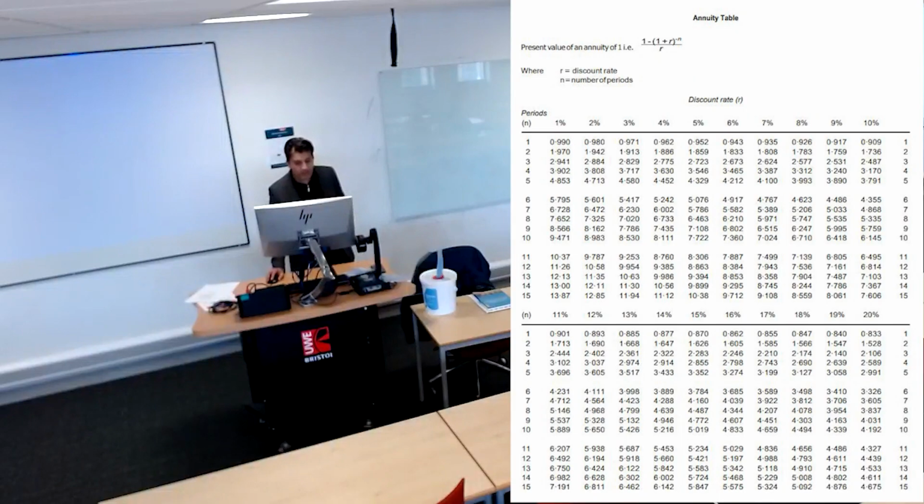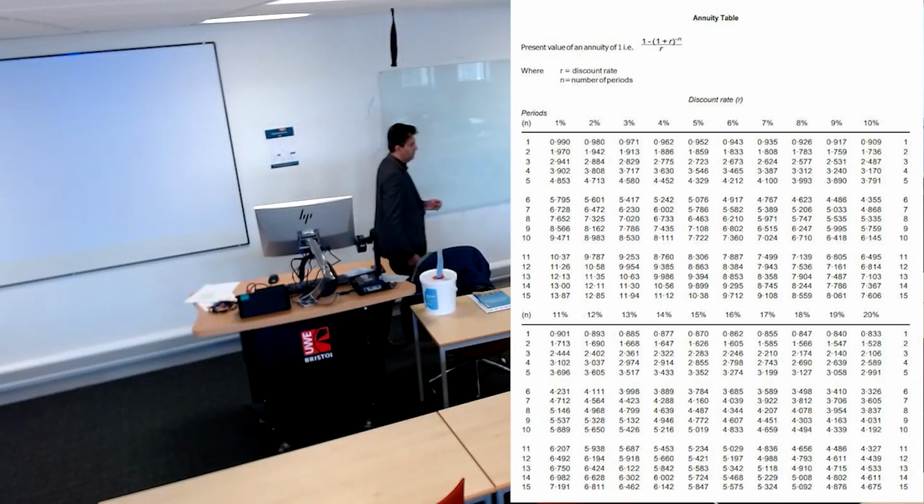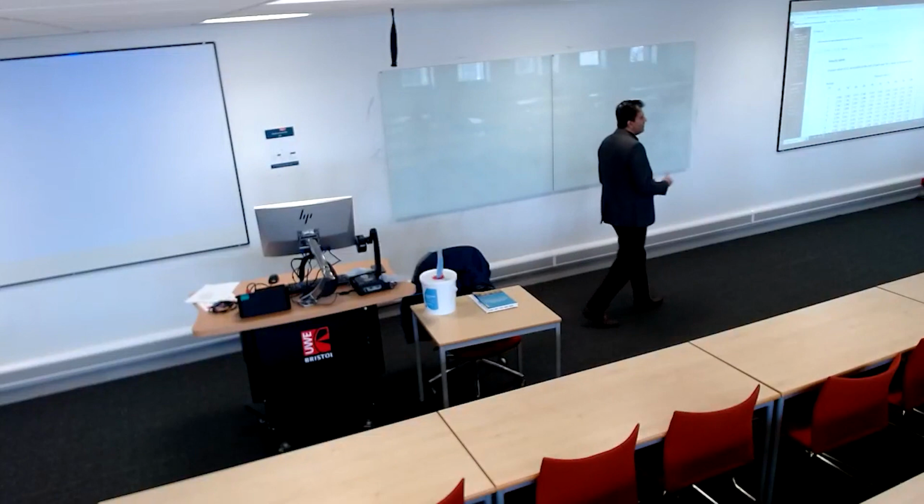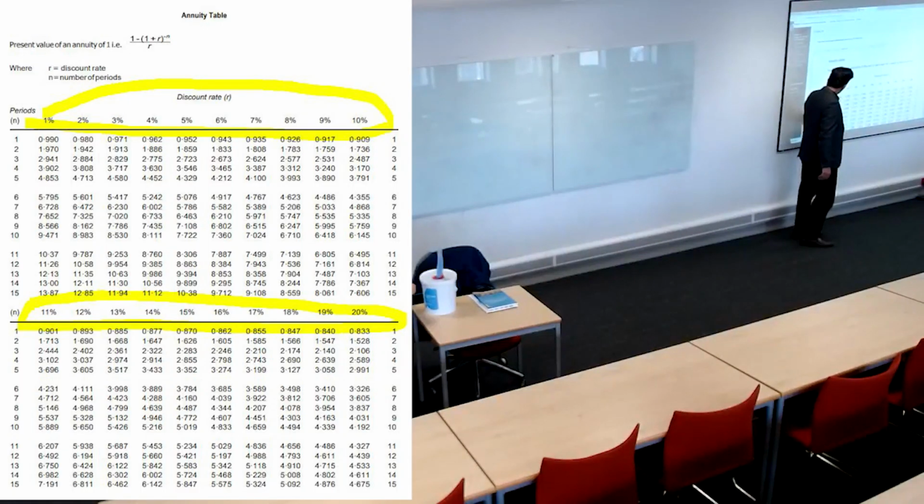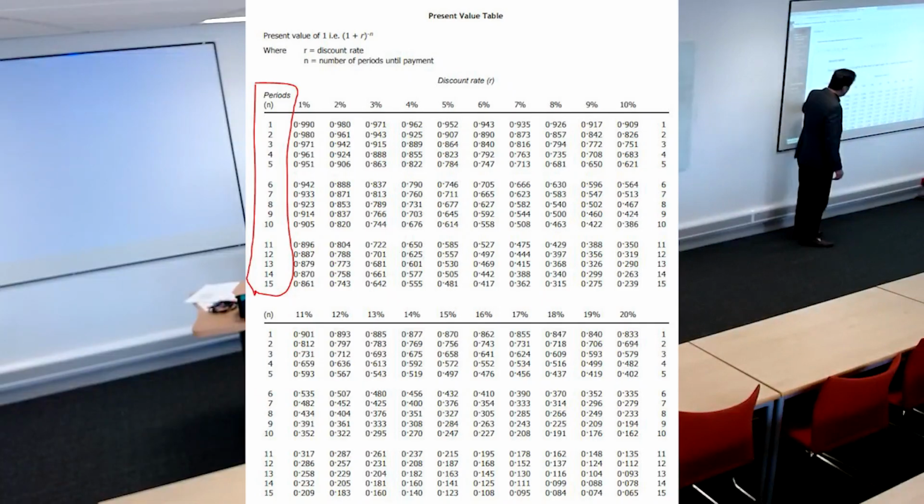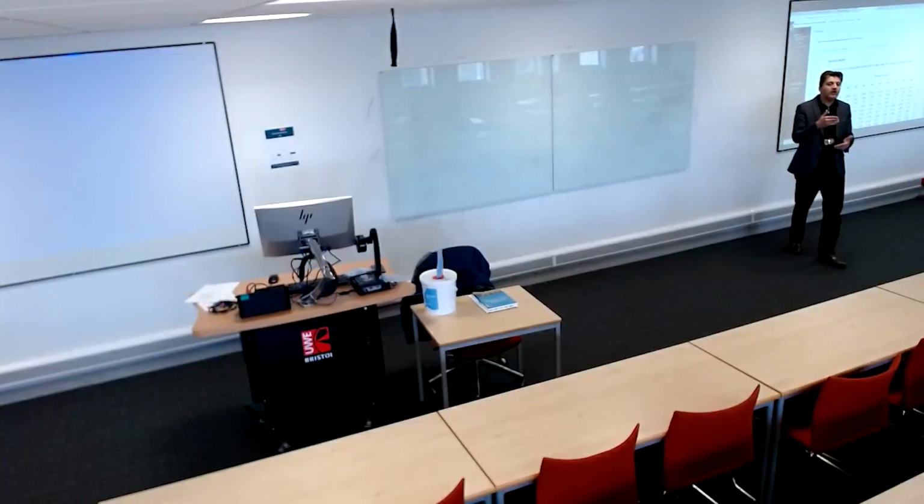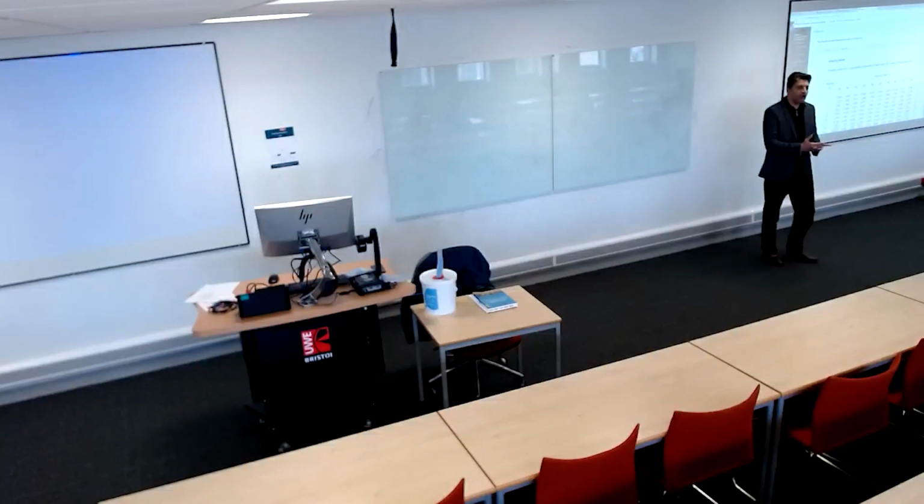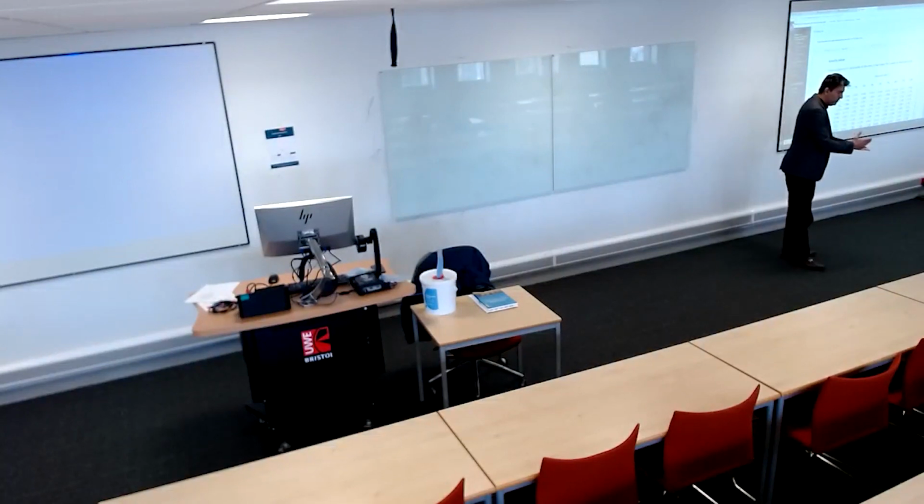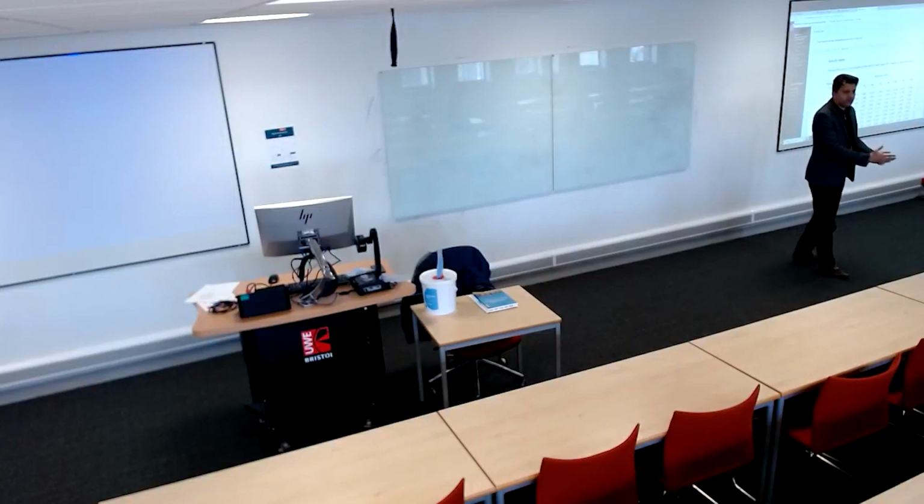The second table is called an annuity table. It's very similar to the present value table. It has cost of capital and it has periods. Annuity is a regular receipt or payment of a value, the same value. So £100 received after 12 months, after 24 months, after 36 months. Regular intervals and